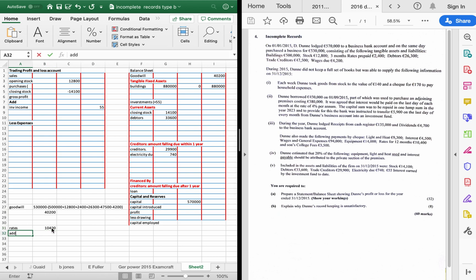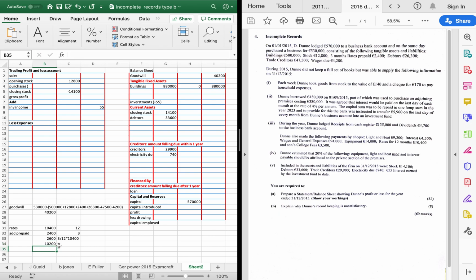Add the prepaid at the start of the year, 3 months of 2.4. So that's 3 months, so there has to be 3/12 of 10,400, which is 2,600. So it's 10,200